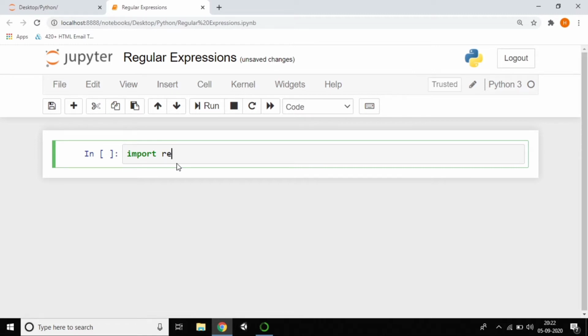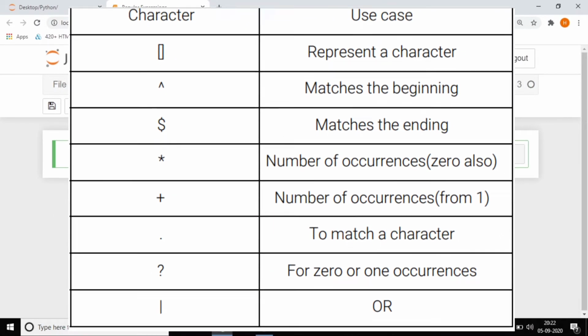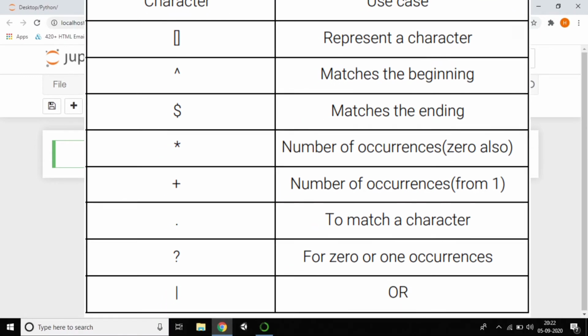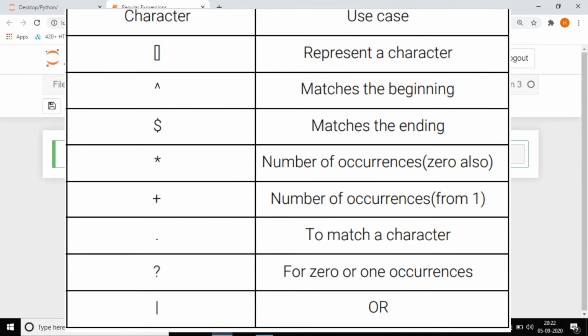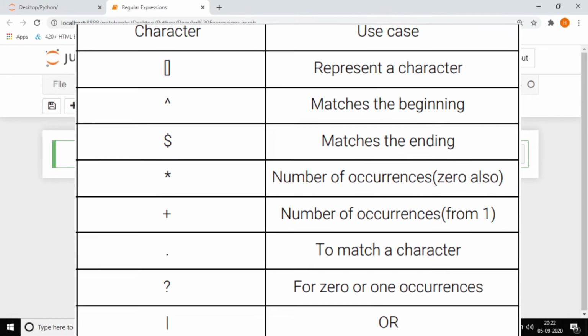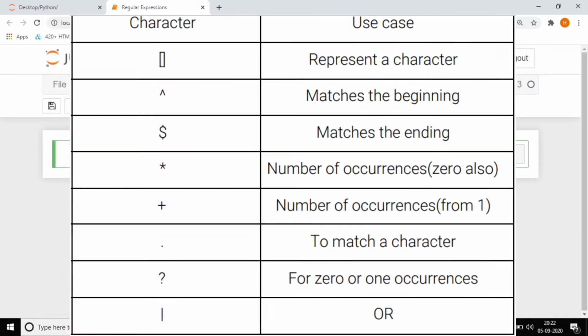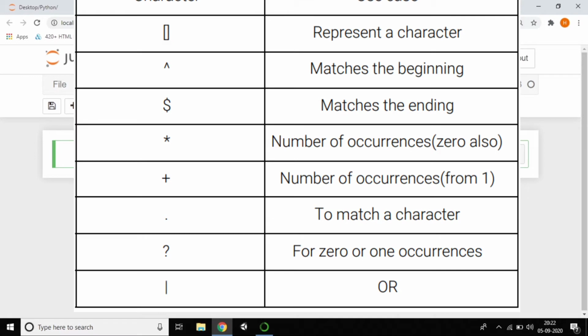Now, we need to know some metacharacters before writing regular expressions. Square brackets represent a character. If you want to represent a character or number or anything, we write it in square brackets. If you want to write a pattern, we start with the caret symbol, and for the ending we write the dollar symbol.